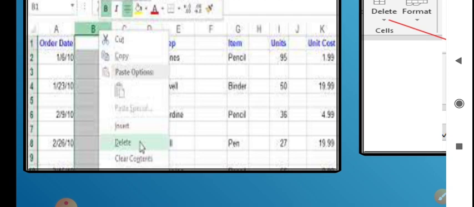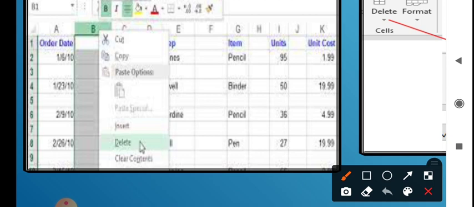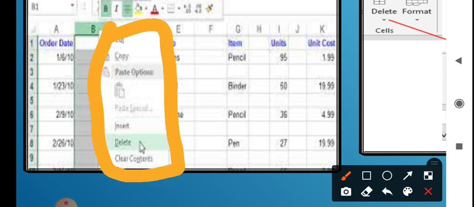Select what you have to delete, then right click. You will get this dialog box with the delete option, then press the left mouse button on delete. Whichever group of cells you have selected will get deleted.